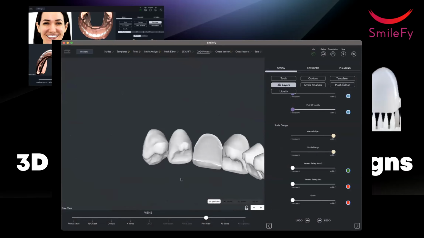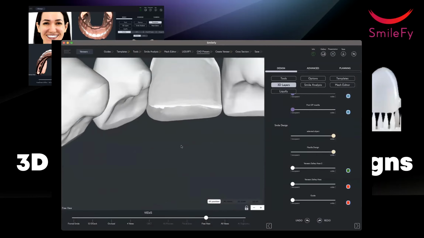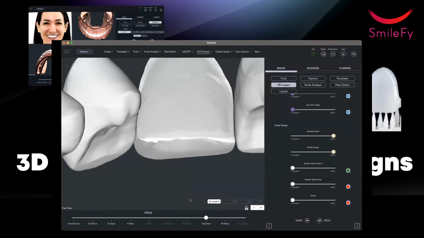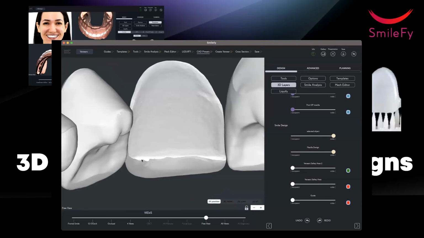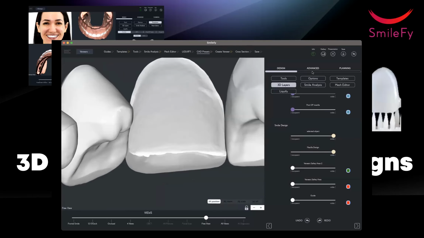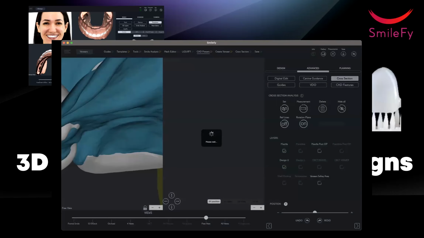Lost in space and back in business. Here, that's our veneer. Eventually, we have to set the margins better, because you see here it's a little bit too, we need to make them better, but you see that's the veneer. Then we go to the cross section, and I just realized I forgot in my